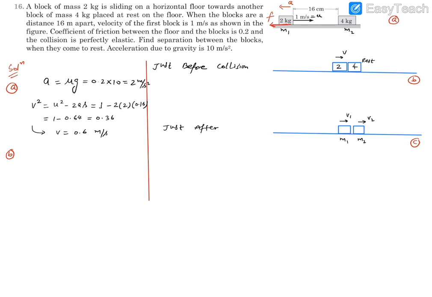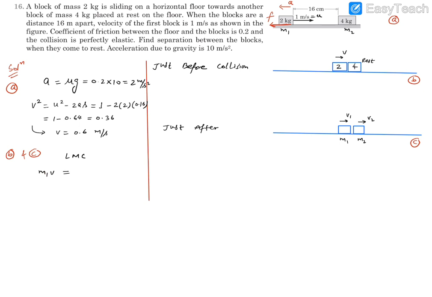That means here collision is taking place. So we will be solving B and C simultaneously because collision is taking place, right? So for B we have got what the V was, and then we are going to get this collision stuff. In this collision we can go for linear momentum conservation.